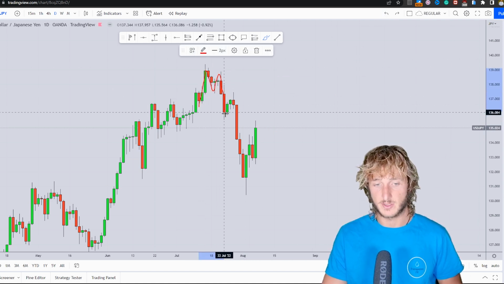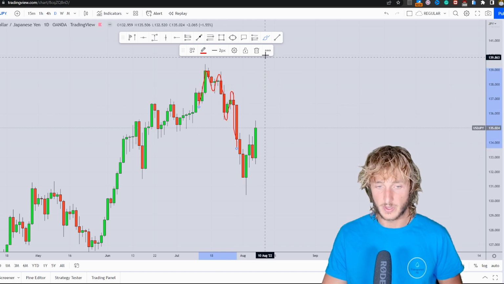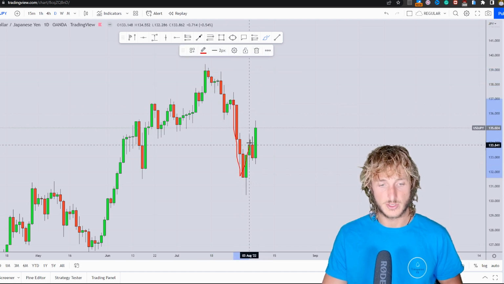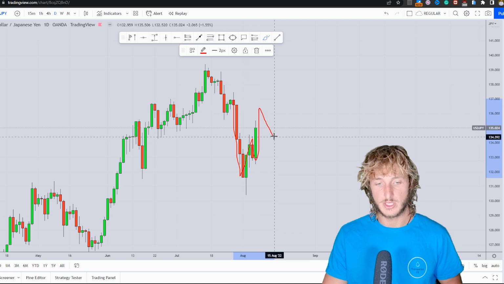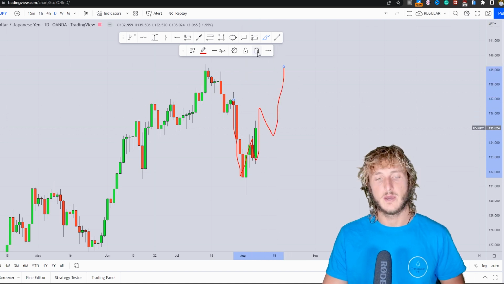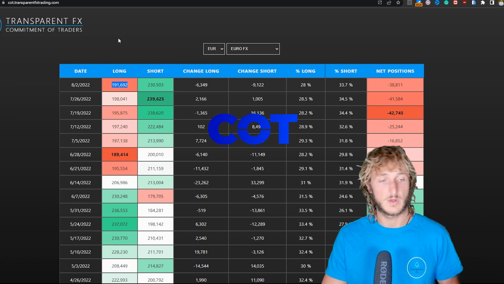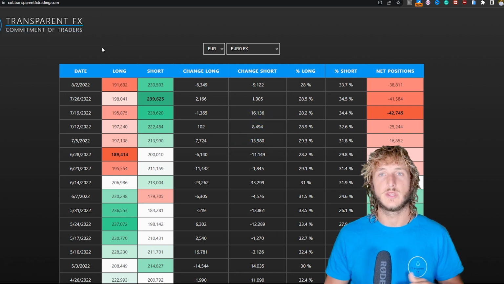So we had an M pattern, we wanted to see the completion and then the move lower. In this case, we have a W formation, so we would like to see first the completion and then a move higher. Now, if we go and see what we have when we go and see the commitment of traders, so the COT data, which is what the non-commercials,